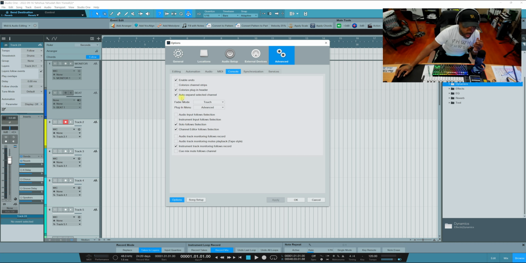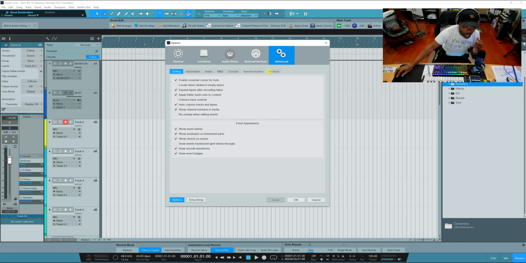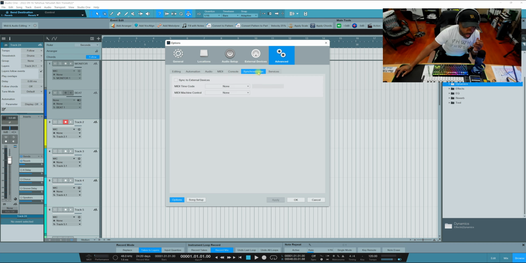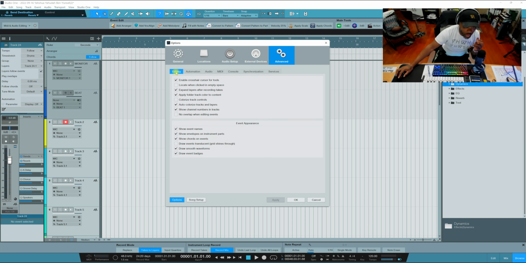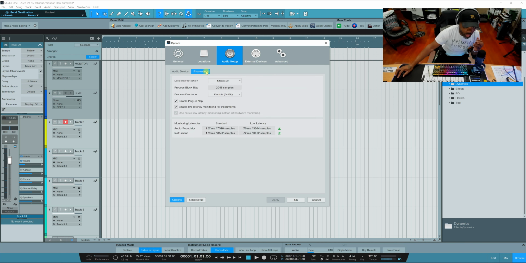There's something called plugin nap, where the plugins do not take CPU power until they are being used, right? And then we also know that Studio One has something when it comes to the audio setup, which is the processing. So this is called enable plugin nap right here. Then they've got the processing area, which is different from the audio interface device. So we already know these things when it comes to low latency and what's being used. It only takes CPU when it's being played, but it won't take CPU when it's not being used. So if we've got that option and you've got a decent computer,